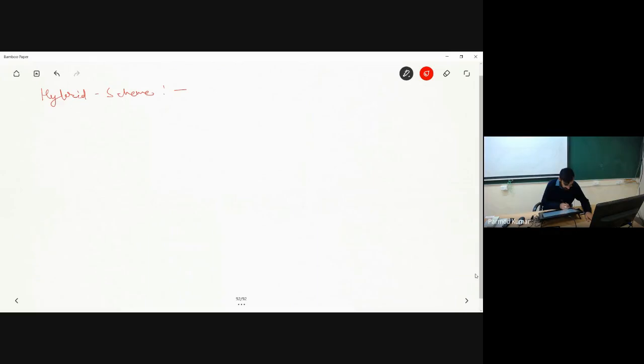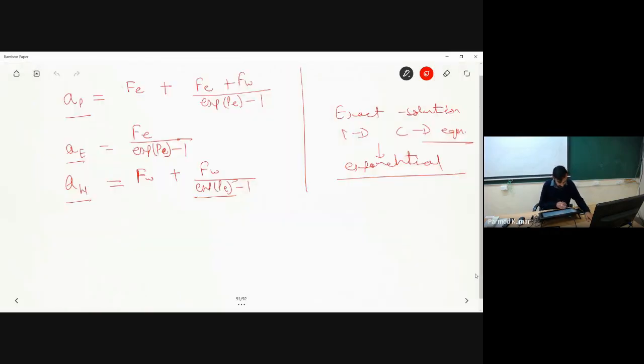It is independent of grid size because of its basic origin: it is derived by considering the exponential variation, which is applicable for the entire domain. For example, if I plot phi versus x, say I have some value phi naught over here and phi L over here, then from here to here your nature is exponential.